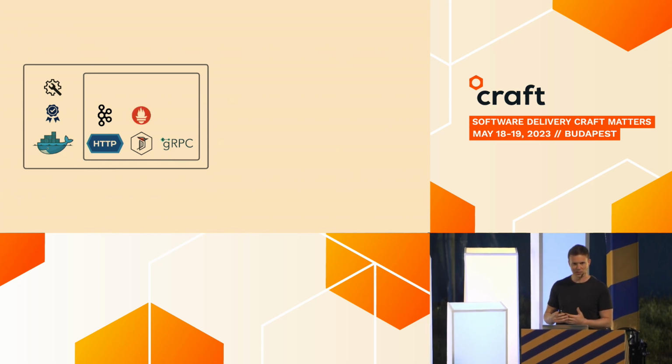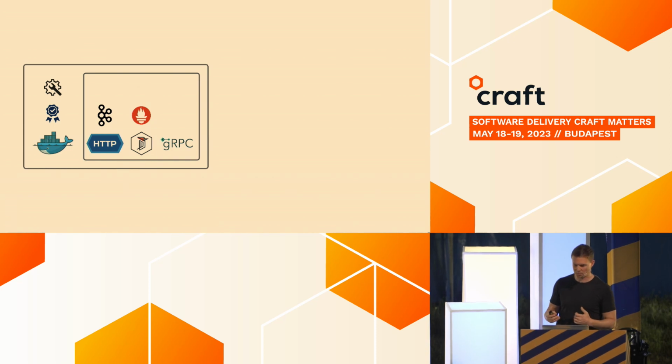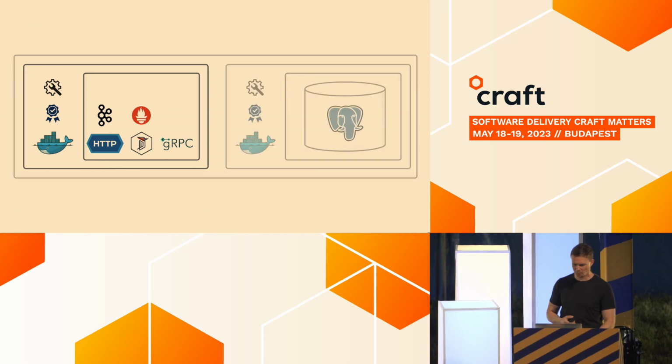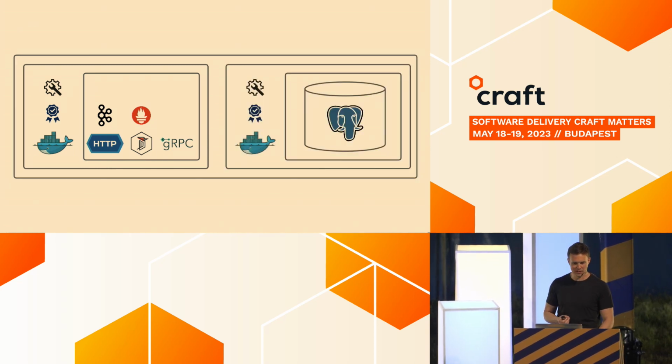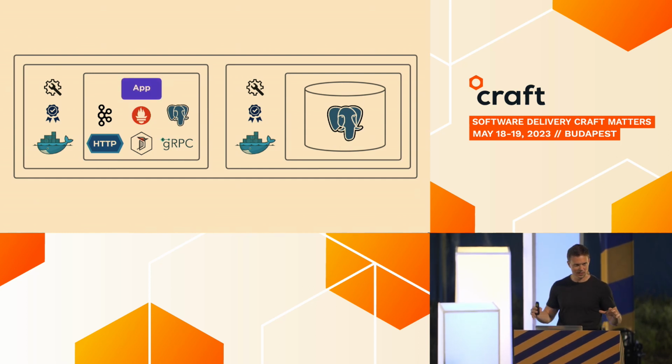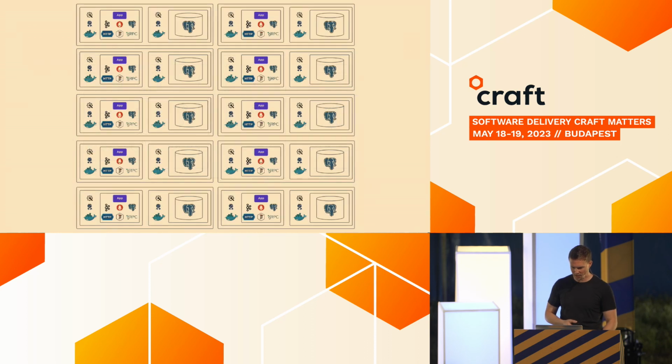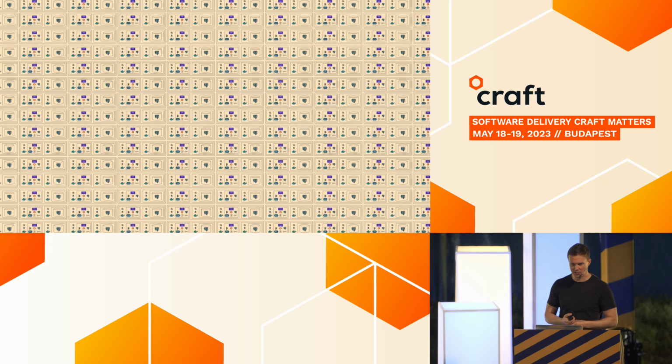Of course, you're going to want to monitor this application, monitor its performance, so you might have something like Prometheus metrics and an endpoint. You have another library for that. If this application persists state, it may be composed with another container that provides a database, which also means you have a client embedded for that database. And once we laid all of this foundation, we finally get to the piece of business logic that we wanted to write that we call our application. And the story here is not too bad when we have, say, tens of services like this. But the picture gets really bad when you're operating hundreds of services that look like this.